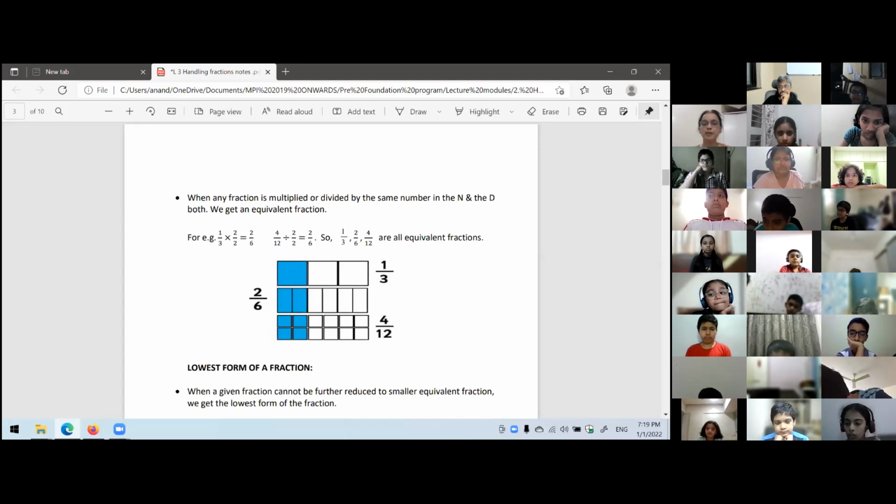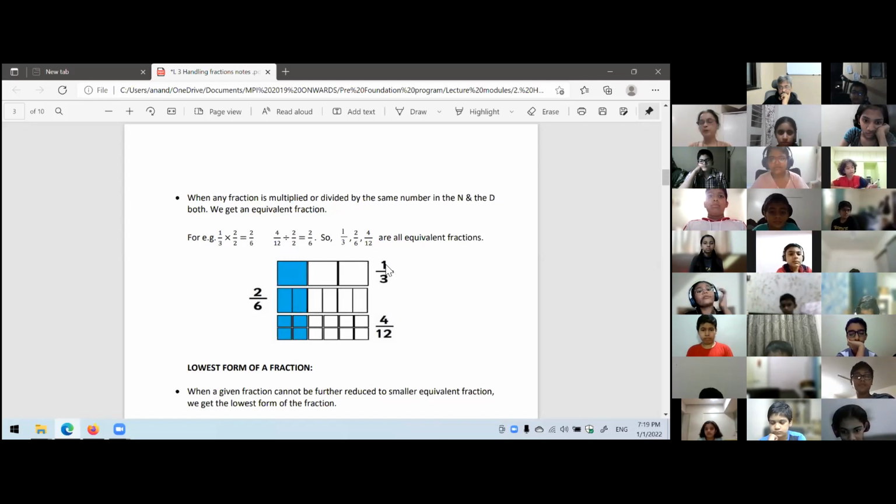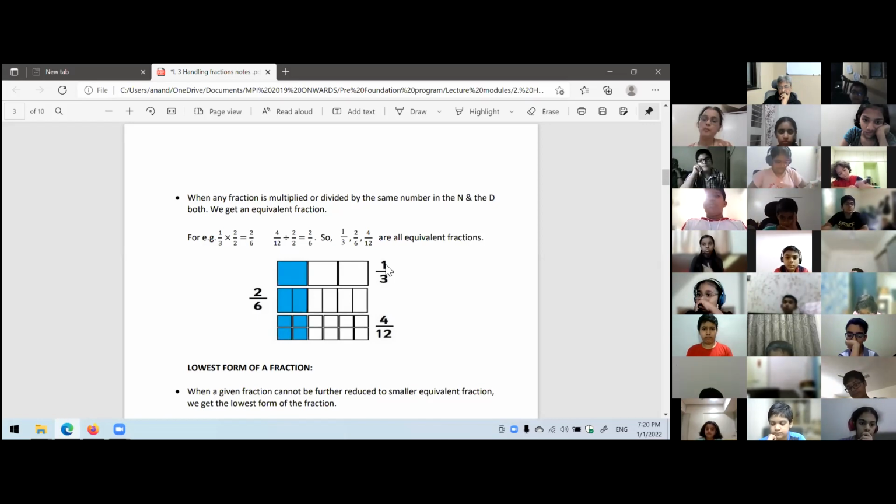Eventually same. I'm multiplying 1 upon 3 both by 3. I'm getting 4 upon 12. That is, I've done 12 parts and taken 4. Eventually, I've taken the same portion. If you compare and see, when I want an equivalent fraction of some fraction, and we are going to use this property very much when we will be solving questions on fractions, I will either multiply the numerator and denominator by some number, or I will divide it by the same number, and all such forms will be called equivalent fractions.